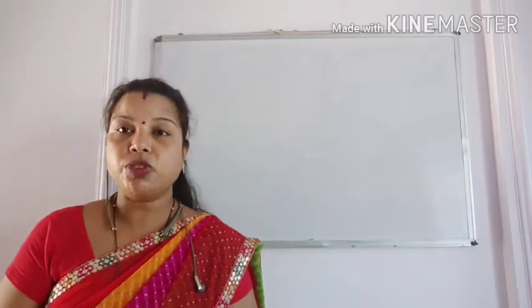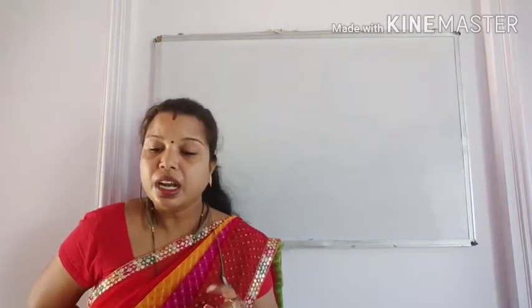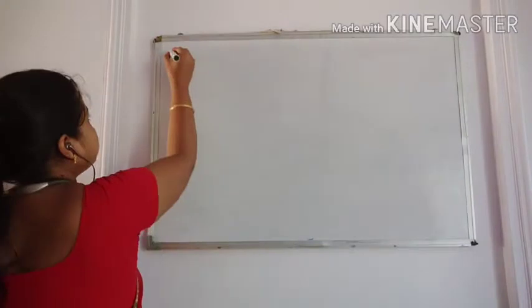Now question number 3. Find the rational number that should be added to minus 3 upon 8 to get 5 upon 16. Again here, better understand the question. In the first question, divide is there, so I followed the divide step. In the second question, there is product. Product means multiply, so I made the equation of multiply. Now here, the equation of added.